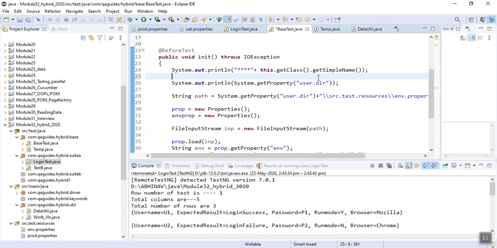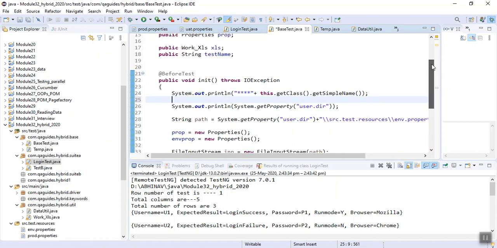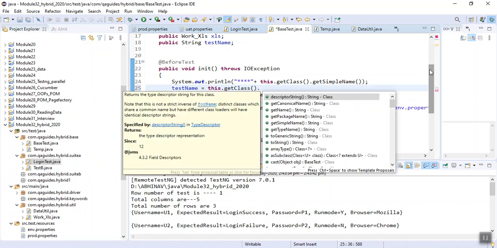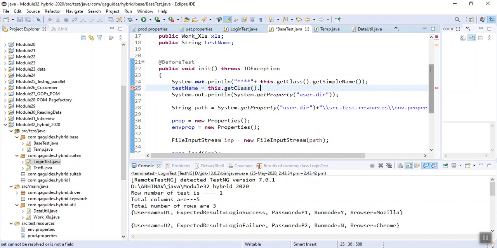So now we need to initialize our test name. What is our test name? Test name is equal to this dot get class dot get simple name.